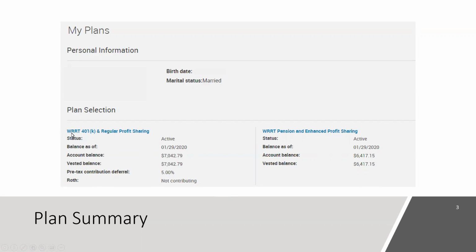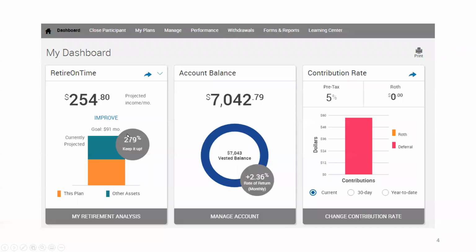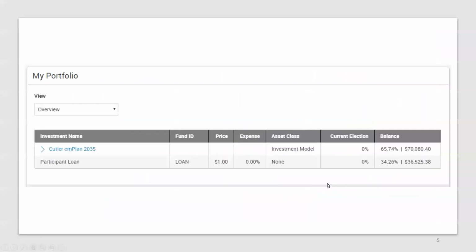So you'd click on the hyperlink, the 401k, right under Plan Selections, and then it takes you to your dashboard. On your dashboard, there are 3 boxes: retire on time, your account balance, and your contribution rate. And then if you scroll down below that, it has your portfolio, which gives you a breakdown of what you're invested in. So this, for example, this person is invested in the target date 2035, and they have a loan